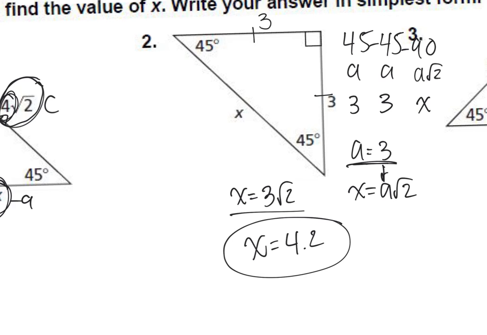Okay, now on your quiz, I just went over it again. It's very specific. It'll tell you to keep rounding to the nearest tenth. You don't have to worry about simplifying any radicals on your quiz. Does that make sense, guys? You're just gonna round everything to the nearest tenth. So if it's 3 square root of 2, you would have to put that into the calculator and get